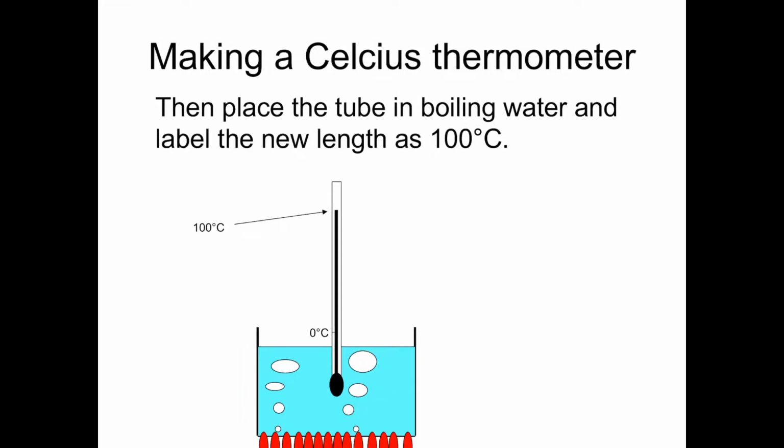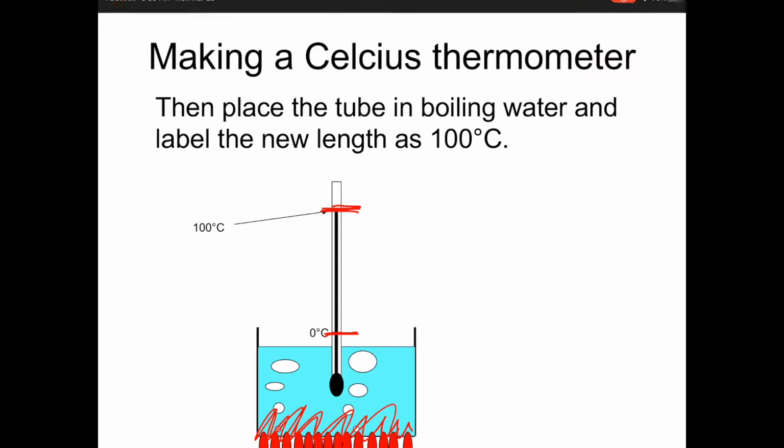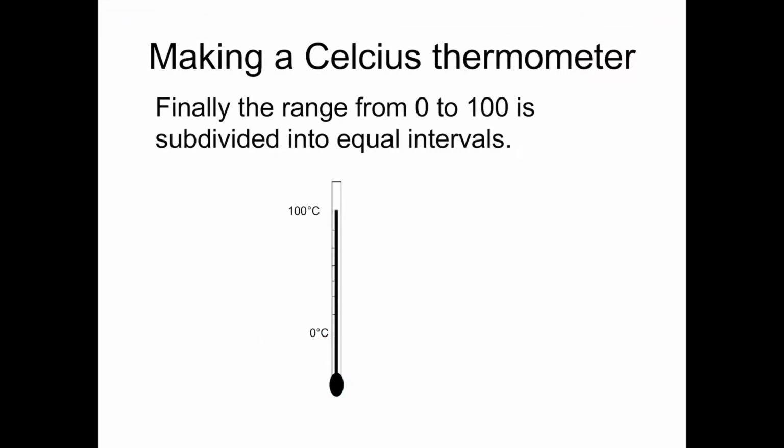And then boil water. Now we've already got this marker at the freezing point. If we put it under boiling water, we would see that this liquid would expand due to the molecules being excited by the thermal energy, and we would reach 100. By each one of those marks, you then could just divide it into equal increments, and then you've sort of got your temperature scale. So that's how Celsius came to be.